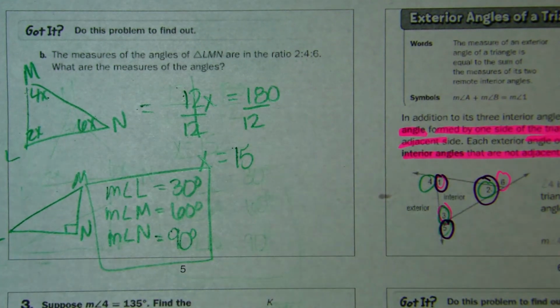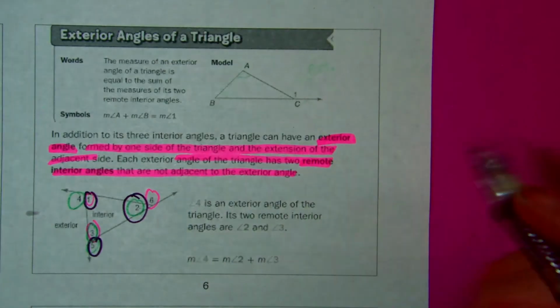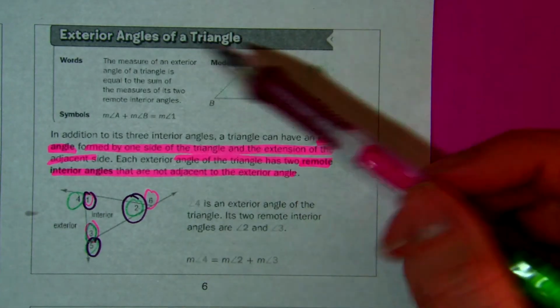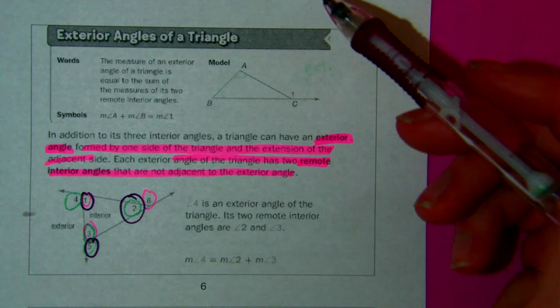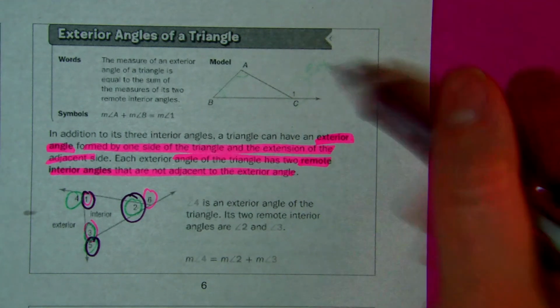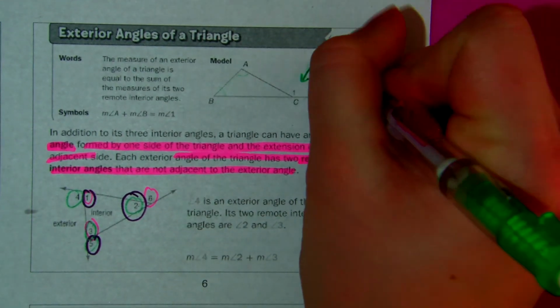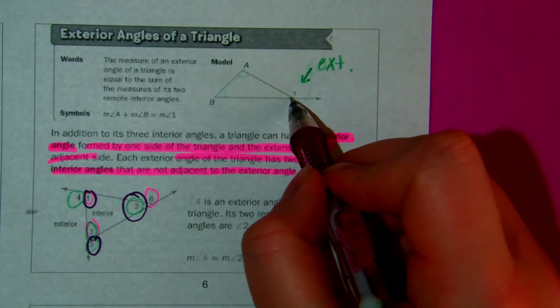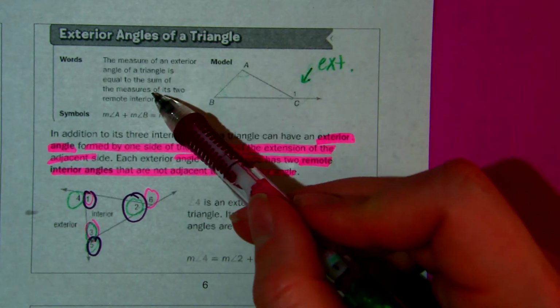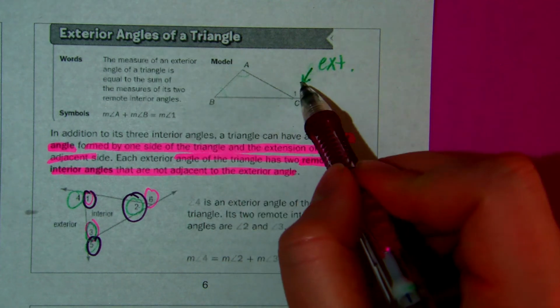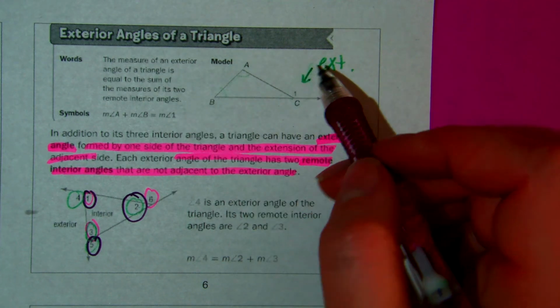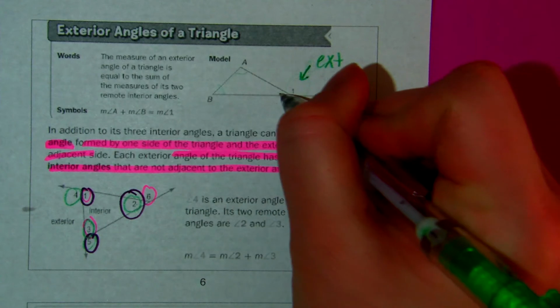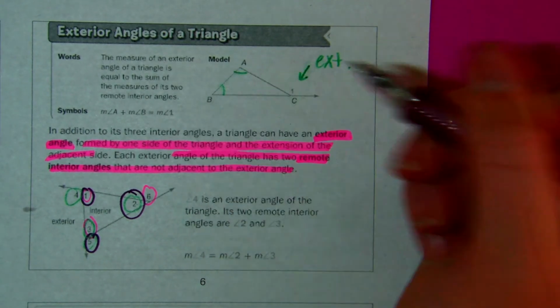On slide 6, new concept here, we have exterior angles of a triangle. And it's just a fun trick that works: the measure of an exterior angle, so this one, if we drew a triangle and extended one side, this would have an exterior angle of 1. They're saying that the measure of an exterior angle has to be equal to the sum of its two remote interior angles,